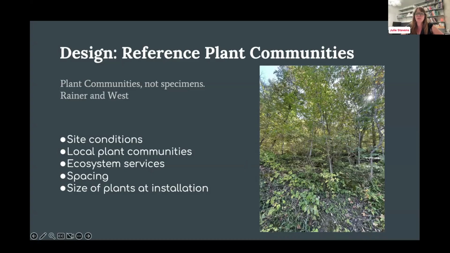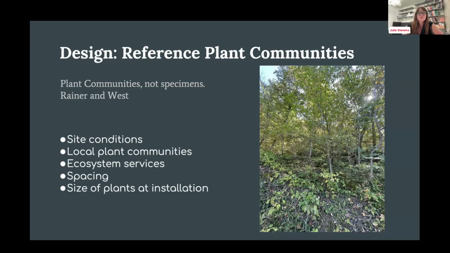But what I also love here, if it's possible to see, is that on the ground plane is a whole bunch of really neat native Iowa plants. So when we look at these, what we call reference plant communities, we're looking at the species, also the site conditions, right? So this is a southwest facing slope in Ledges, so it's hot and dry. It's surrounded by oaks and hickories and cherry trees. That would be its native community, an oak hickory community, which is a common site in the Ledges area in central Iowa.